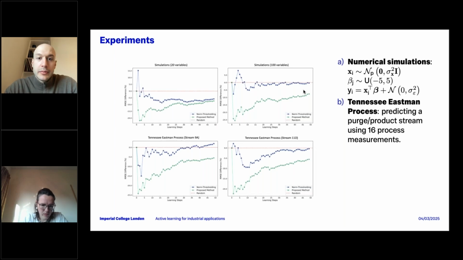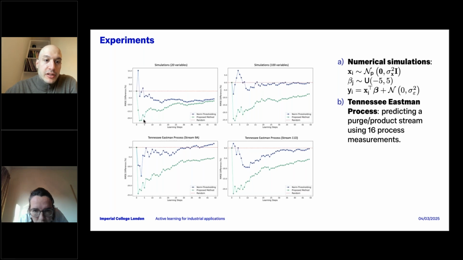So you can see here some simulations and some testing on the Tennessee Eastman process where the proposed approach offers significant improvements. In this case, the learning curves are slightly different from the second example, the case study on defect detection. But basically, the red dashed line is random, and what we highlighted here is the percentage difference of the root mean square error performance of the proposed method.